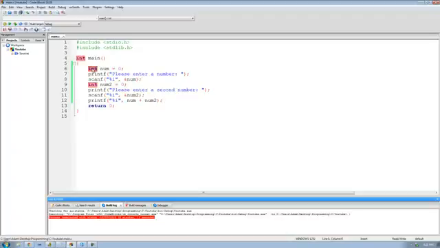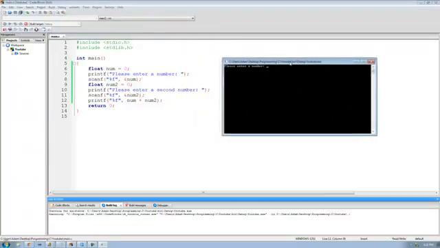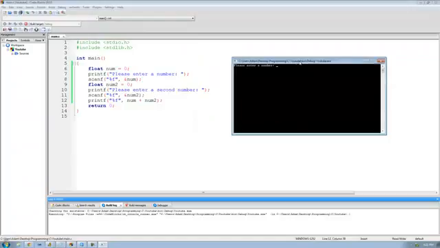Alright, now let's go ahead and try to read floats from the console. So let's change this type to float, change this type to float, and we need to change this from an I to an F, since we are printing and reading floats. So let's run this again, and now we should be able to enter numbers that have decimal points in them. So let's try and add 9.3 to 7.2. Perfect, we got